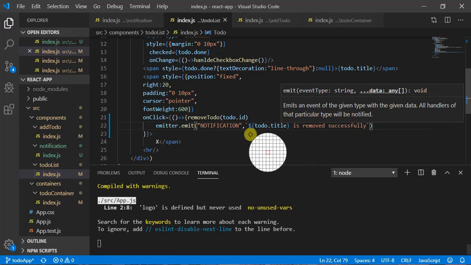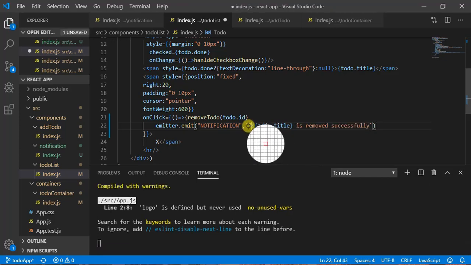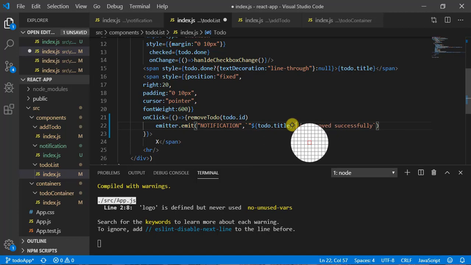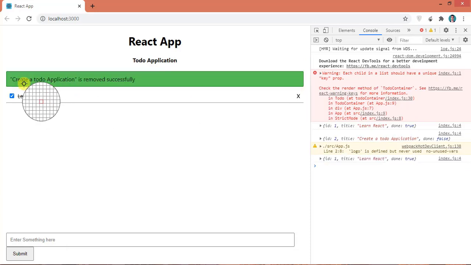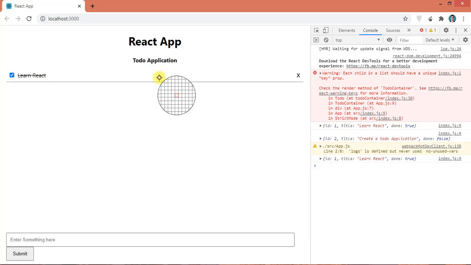Okay, so here I need to give a double quote so we can make some difference. Now have a look here. So on click of this, as you can see, create a to do application is removed successfully.